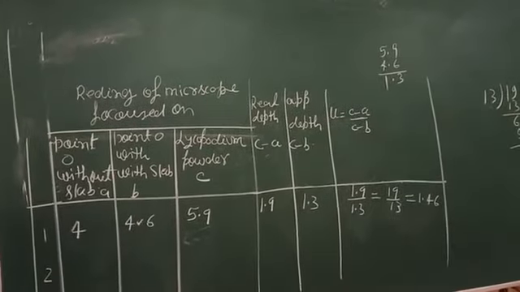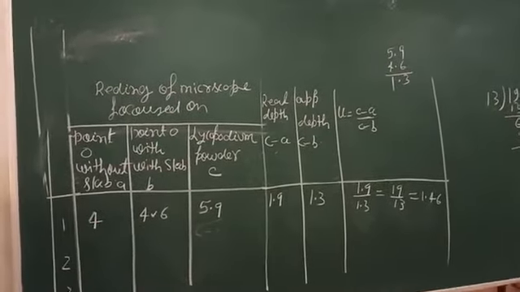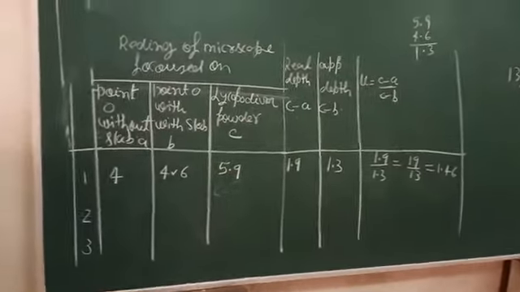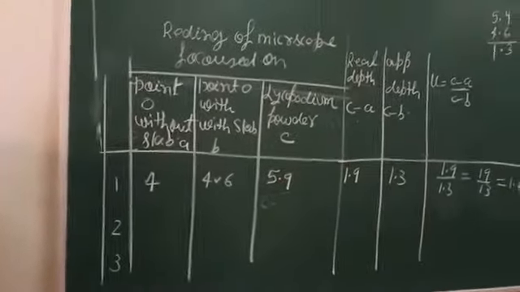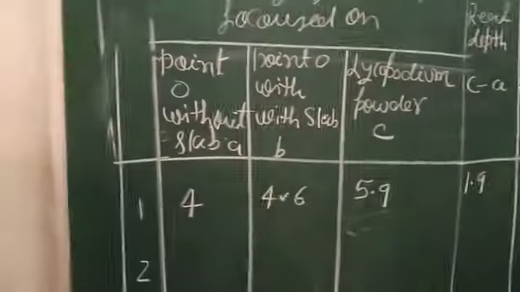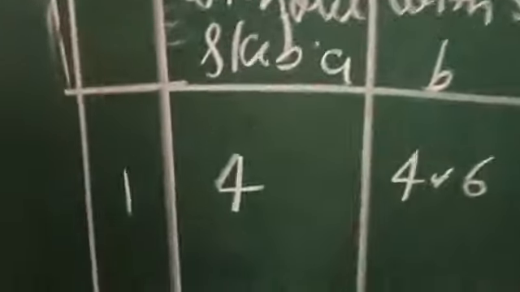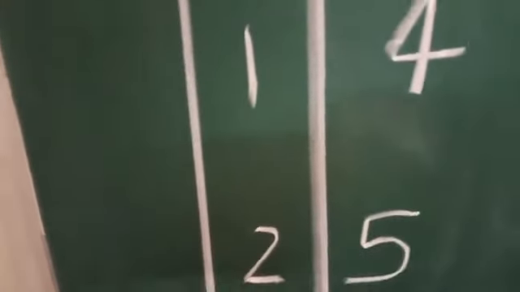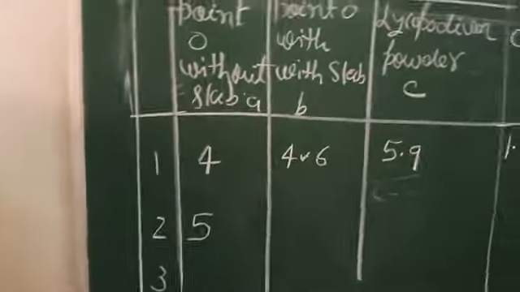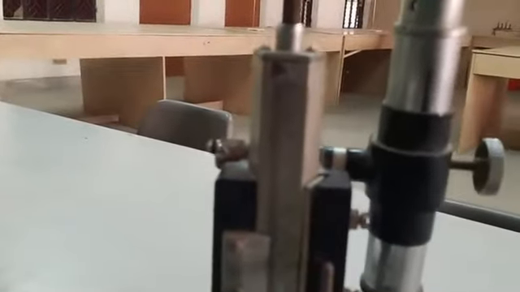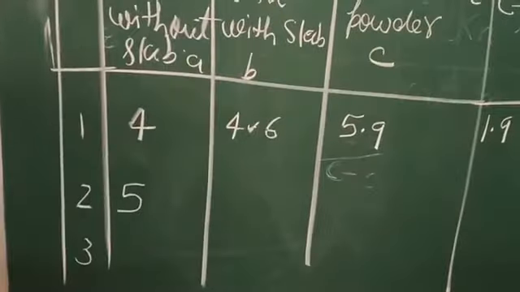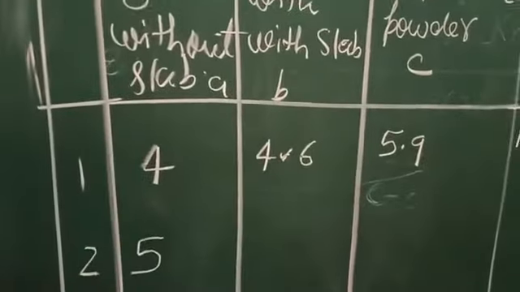Now again we can calculate. Okay, so if we put 5 in the place of 4, we will take 5 here. Okay, so we will set 5 here also. At this place also we will set 5, and after setting 5 we will focus again, and after focus the values coming